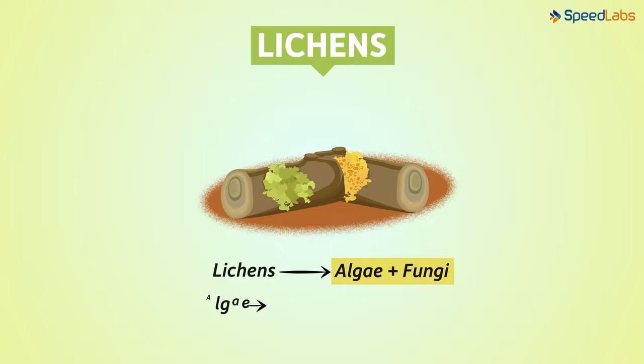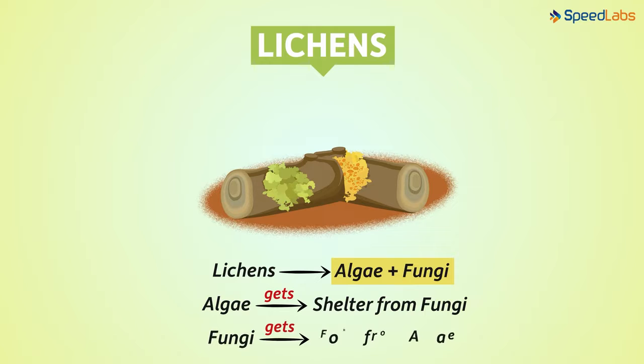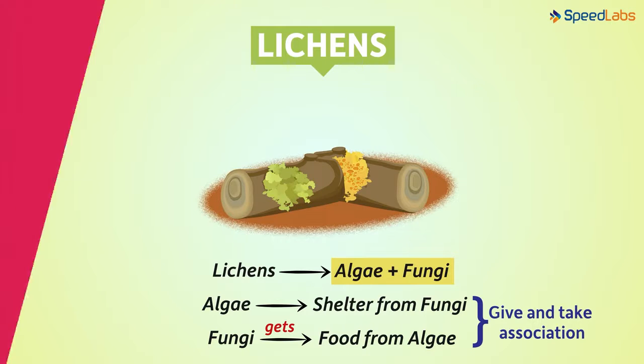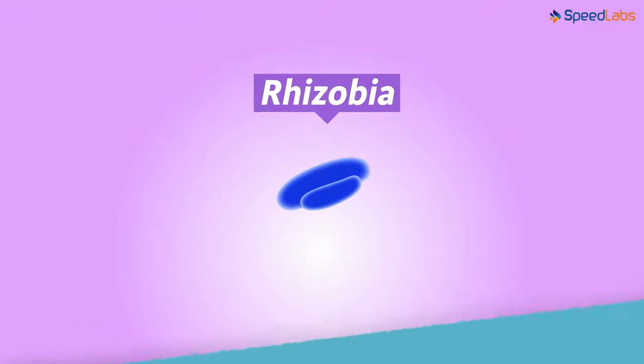Well, the algae benefits from the protective fungal shelter while the fungi benefits from the food. This is because algae, being photosynthetic, prepare their own food. This type of give and take relation helps both the organisms hugely. Another example is that of a special type of bacteria called rhizobia, which are found in the root nodules of